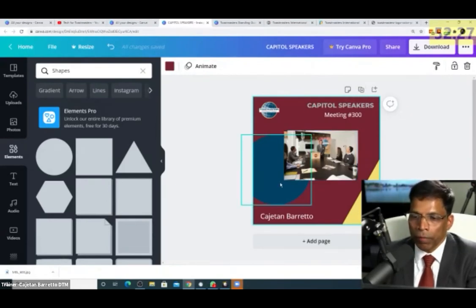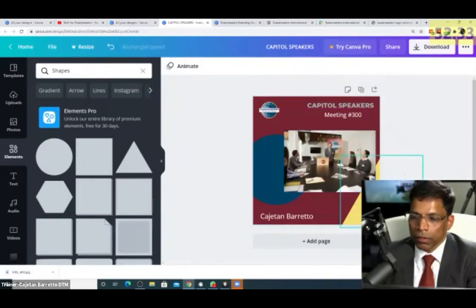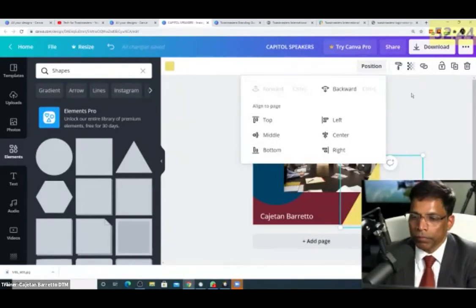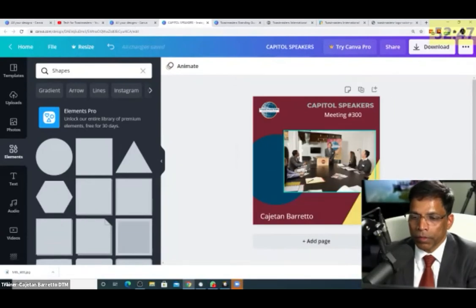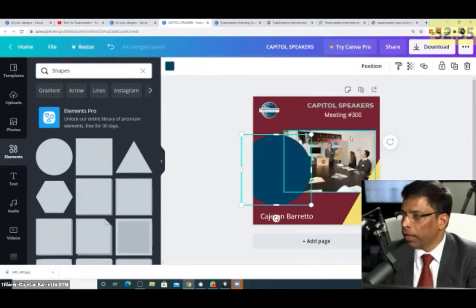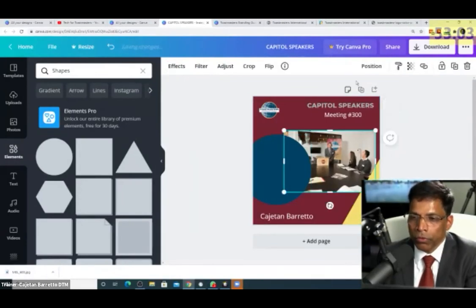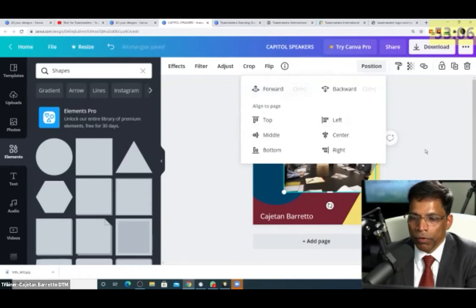Okay. So this is how you will manage when there are multiple objects. And let's say it goes like this, and you want the accent to cover this part of the photo. Same, I will select the shape and I will say position, bring it forward. So same way, if I click on the photo and I say position backwards, now it goes back and the other object comes on front. So play forward, backward as you want to be creative in your poster. Let me again bring it forward.